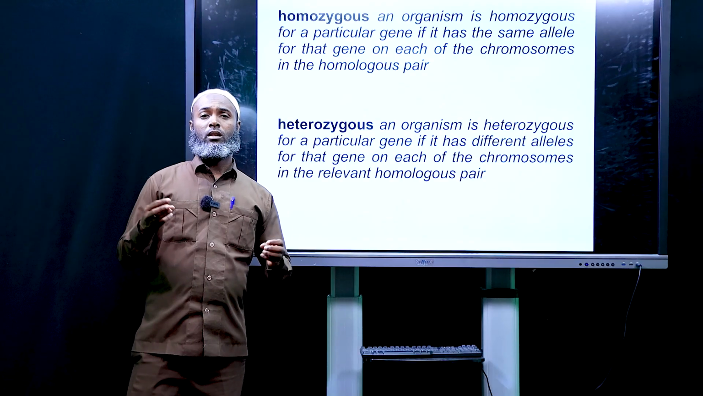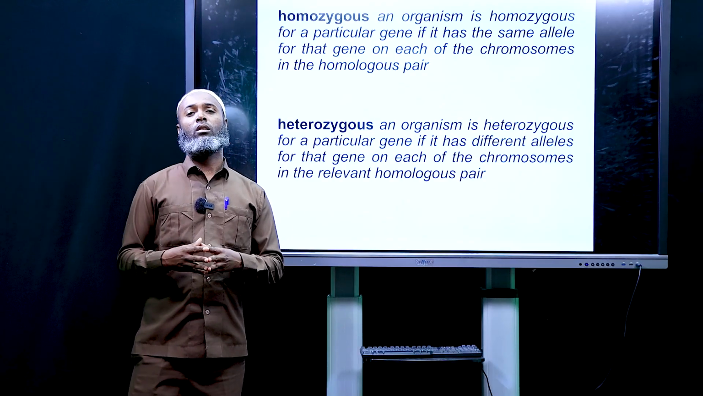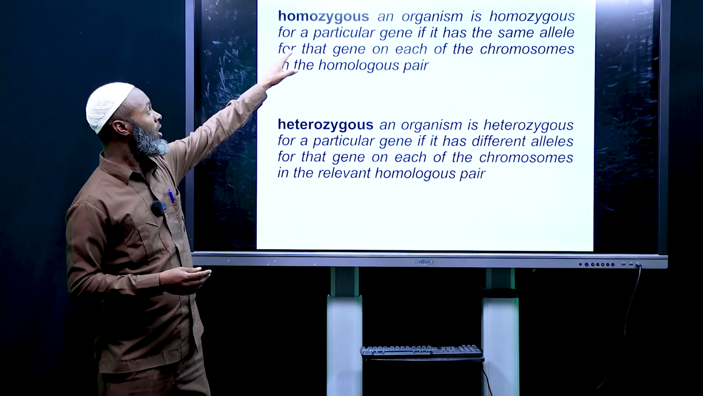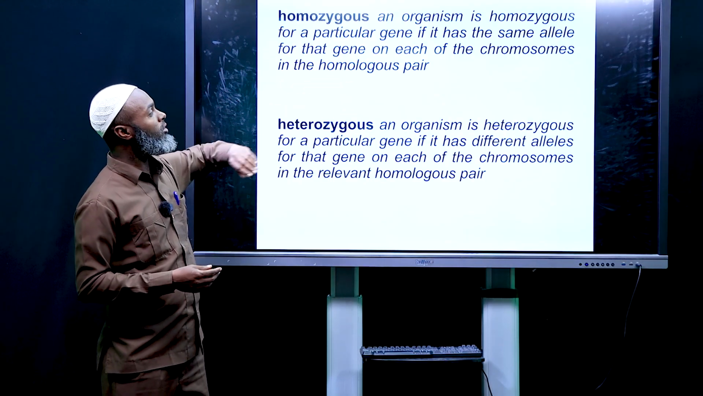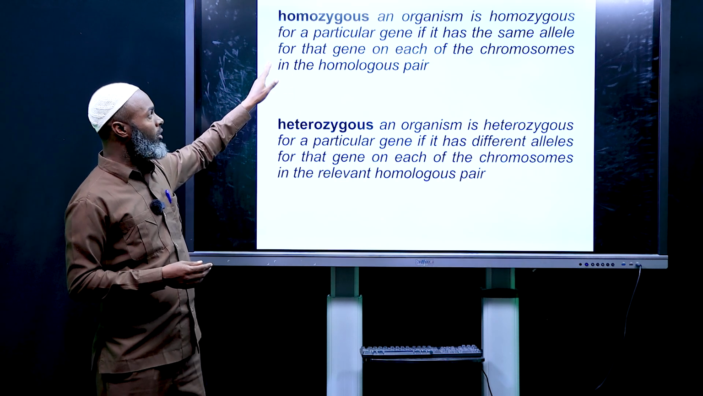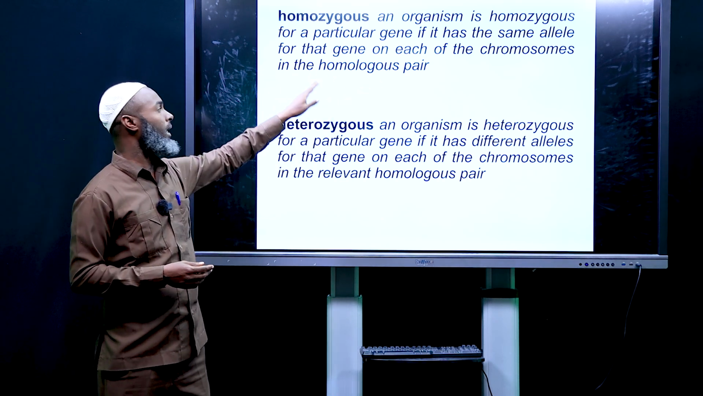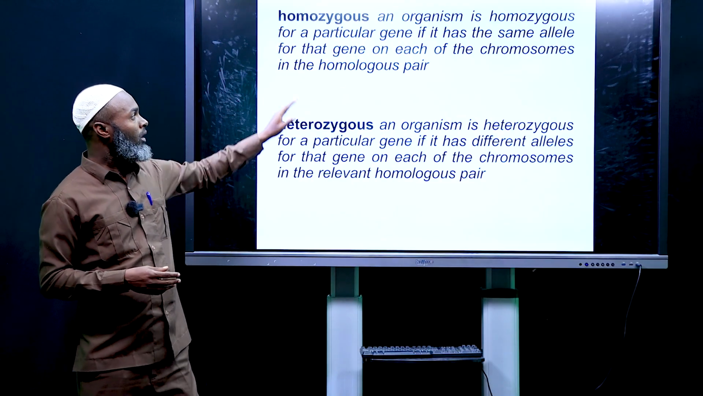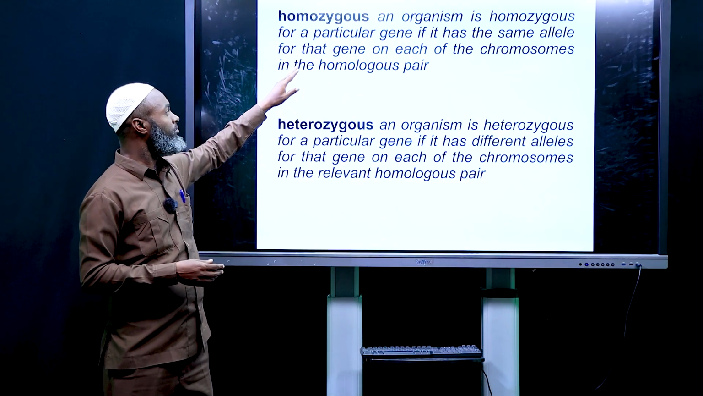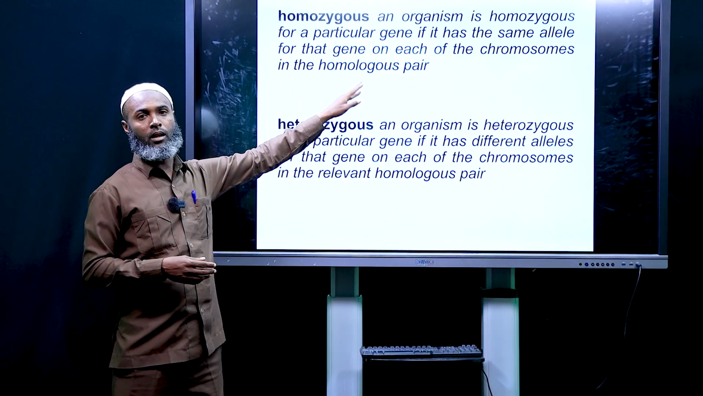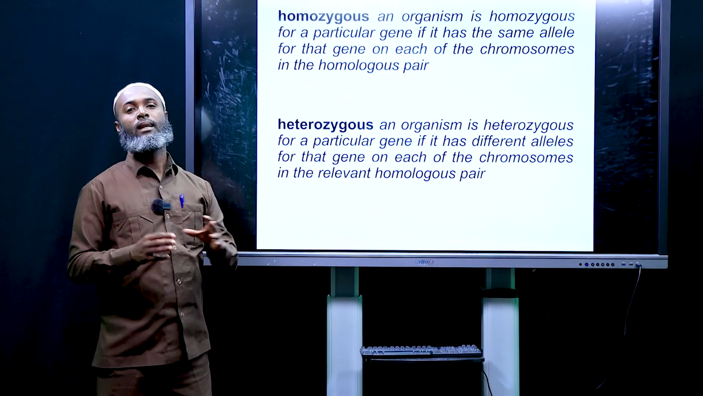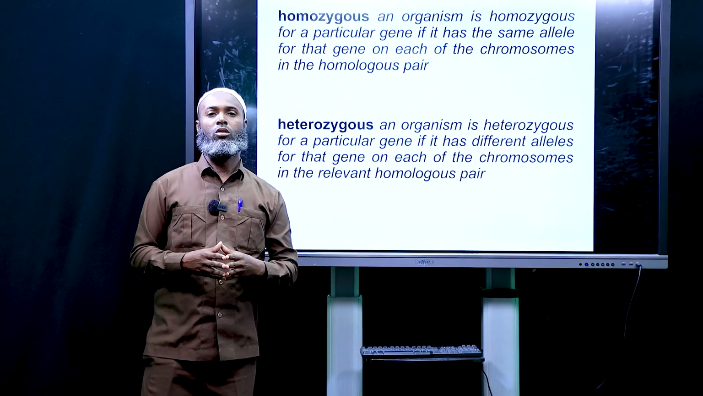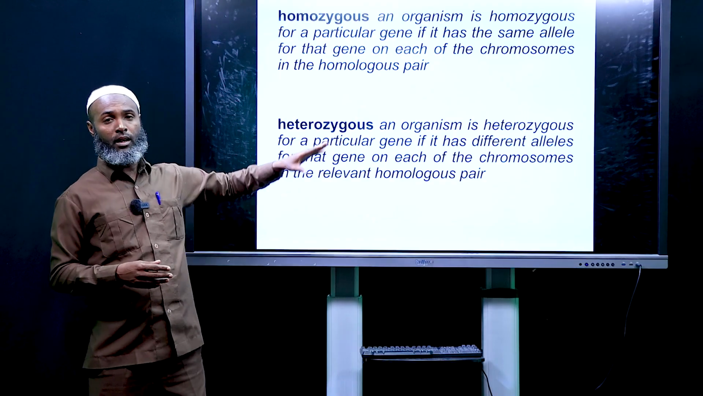We have seen also what's homozygous and what's heterozygous in grade 11, but let's revise again. An organism is homozygous for a particular gene if it has the same allele. Homo means the same. For each chromosome in the homologous pair, if the pair of genes are the same, then they are called homozygous allele. If they are different,